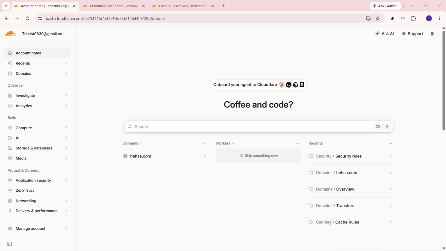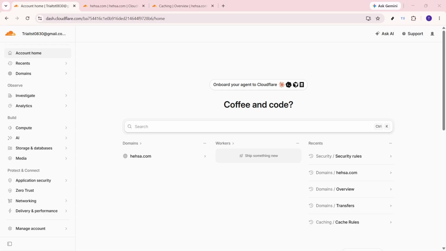In today's video, I'm going to teach you how to enable Cache Everything in Cloudflare. We'll be working inside the Cloudflare dashboard to create a cache rule using the built-in Cache Everything template. This is useful when you want Cloudflare to cache more of your site's content and potentially improve load times. As you follow along, just make sure you're applying this to the correct website, since caching behavior can affect how